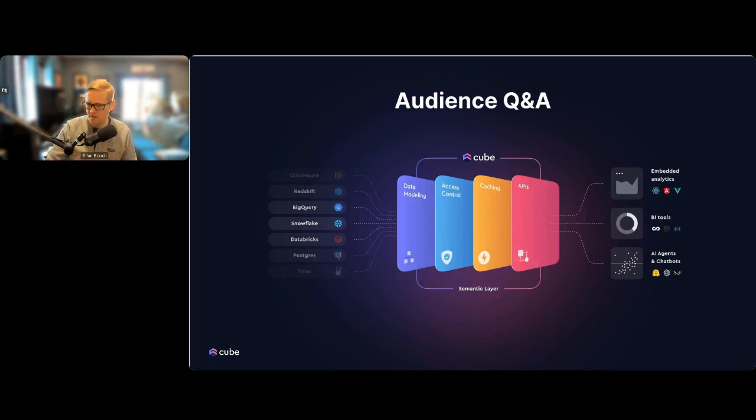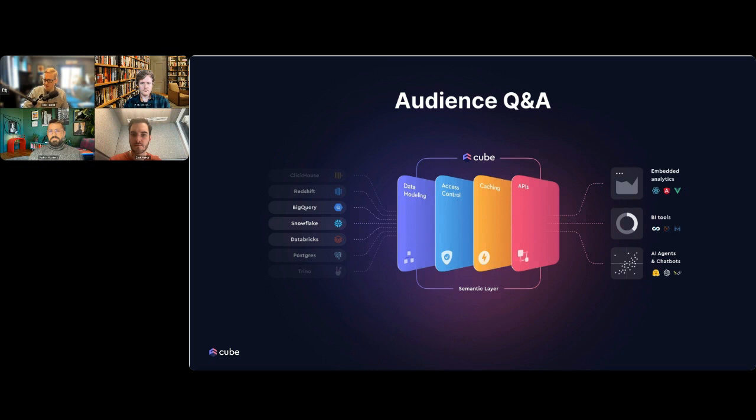Let's see. We had one more, and I think this is going to be for the Push.ai team. The viewer asks, is Push able to dig into the data to find which metrics with which dimensions are interesting to see? I assume this is going to be about which metrics are contributing to other metrics. I think we covered that, but maybe if you want to talk about that a little bit more. Yeah, this may be about,